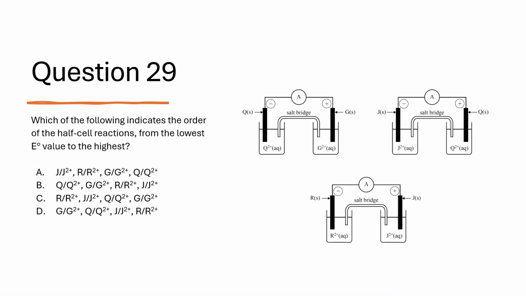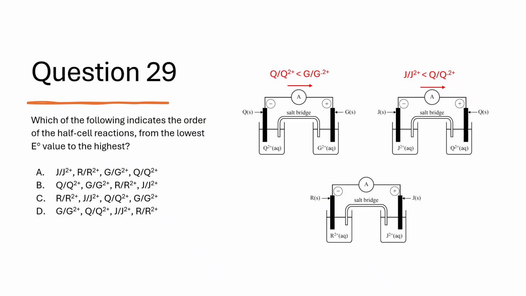In a Q|G cell, Q is the negative electrode, anode, meaning Q loses electrons and is oxidized. This indicates that Q is a stronger reducing agent than G, and consequently, G ions are stronger oxidizing agents than Q ions. In a J|Q cell, J is the negative electrode, anode, meaning J loses electrons and is oxidized. This indicates that J is a stronger reducing agent than Q, and consequently, Q ions are stronger oxidizing agents